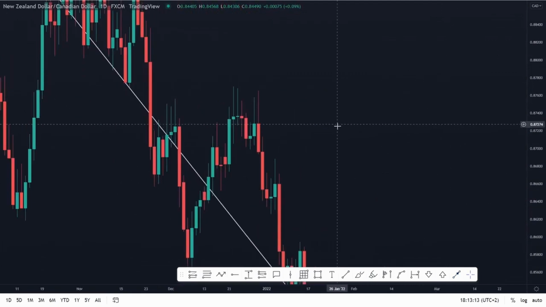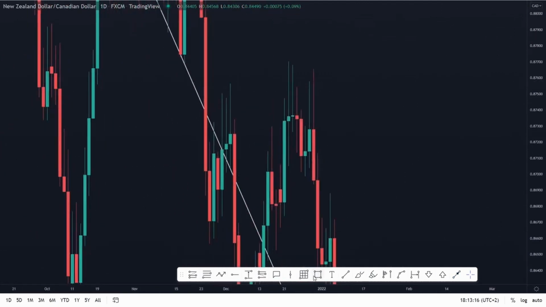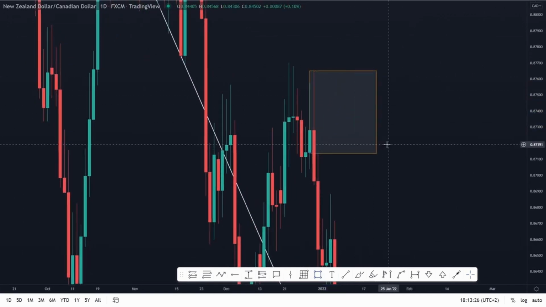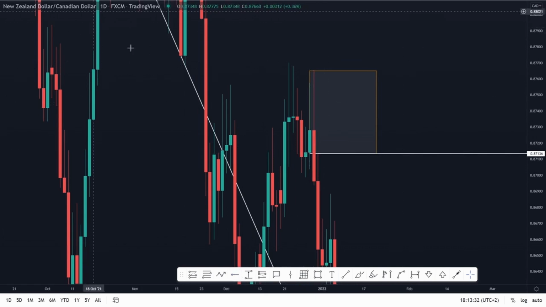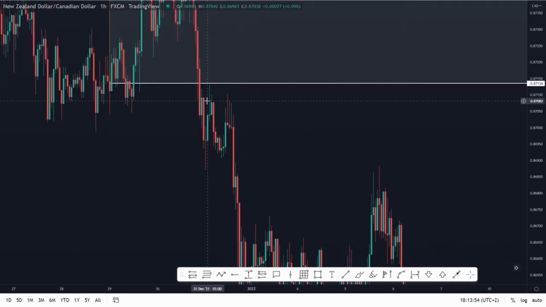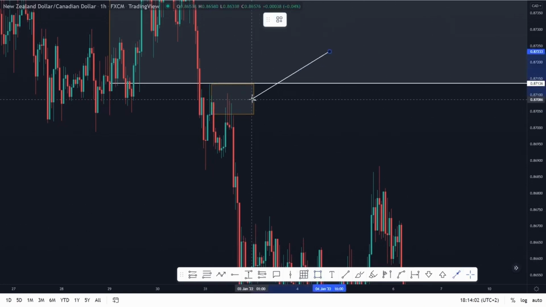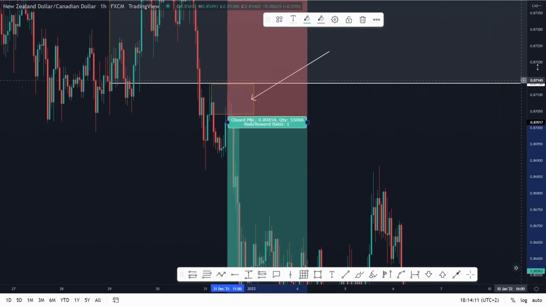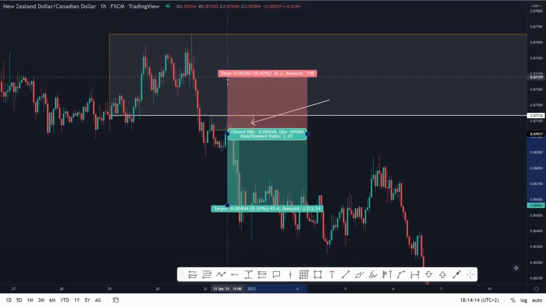But let's look at this engulfing candle over here. As you can see, we have an engulfing candle over here. So we will look to sell in the lower time frame. Because we are on the daily, the lower time frame is 1 hour. So meaning we will look to sell here. So in this case, we can sell by this confirmation over here. So that means we can sell from above like this,